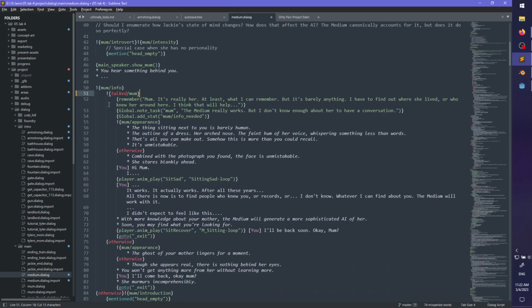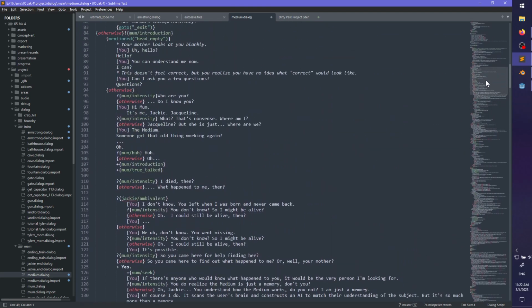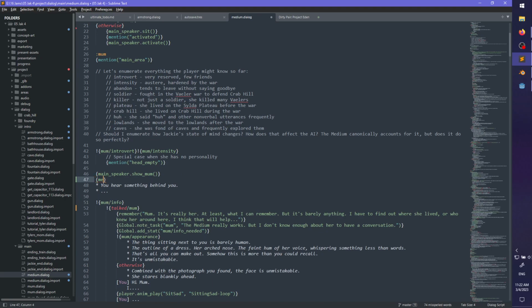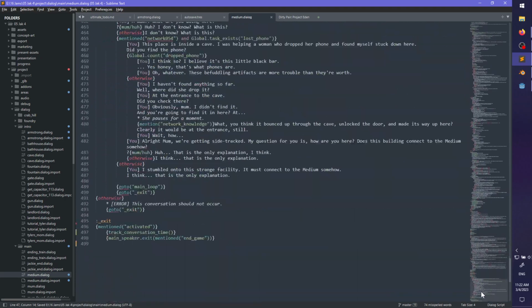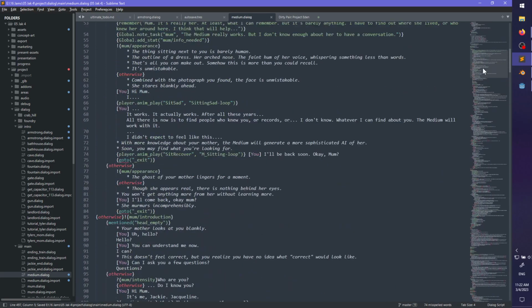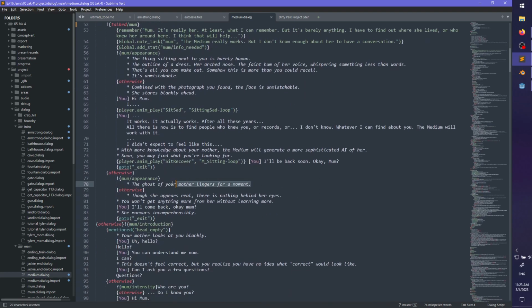So basically, after this point, it'll do, how should I do this? Mention mom. Then let's do mentioned mom plus talked mom. So this way, it treats talking to Jackie and talking to her mom exactly the same as it does when they were separate dialogue objects. But now it's only at a certain point in the thing. So she won't linger, so...